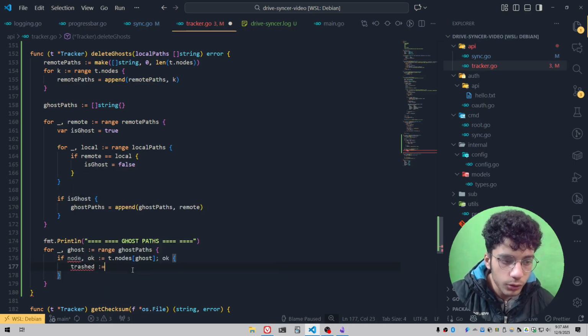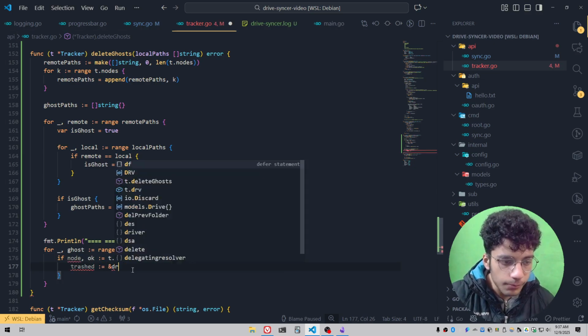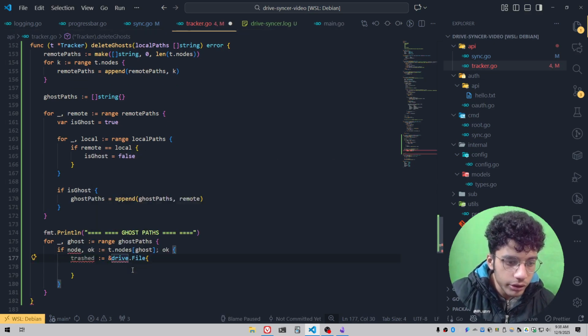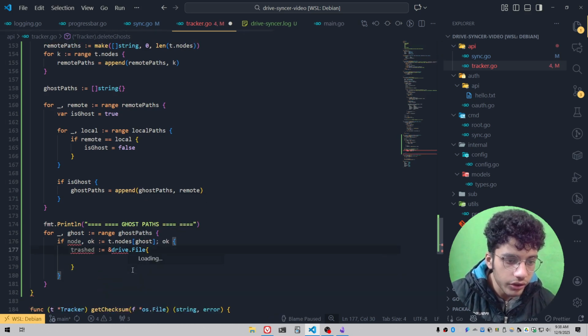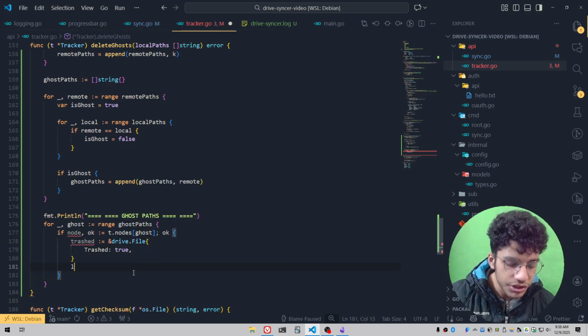So I'm going to create a new variable over here. This will be a reference to drive.File, and we'll say Trashed. Why am I not getting IntelliSense over here? Trashed. Still not getting IntelliSense. Did I upload the wrong project? There we go, finally. Okay, Trashed is going to be true, and then we can just add a log statement